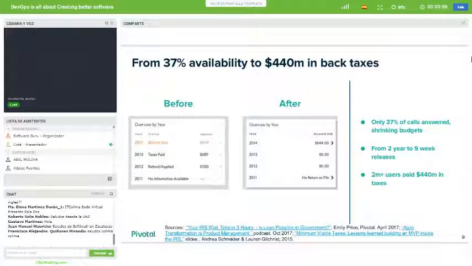And also, we up here in the U.S., it's not like we like to sufficiently fund the IRS. So their budget is always shrinking and they need to optimize costs. And as a consequence, there was a study that said the calls were only actually answered about 37% of the time when you would call into the IRS. And what this meant, to put it another way, that's more of an IT way, is that there was only 37% uptime. And so I would imagine in your job, if you only had 37% availability for your applications, you would probably not be working at your organization anymore. That would be a terrible failure.